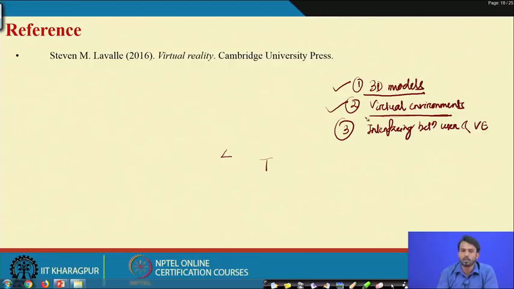That means the different operations you will perform on those 3D models, the static and dynamic components, how the scaling properties of the static and dynamic components are taken care of, and how the movement properties, the translation and the rotation properties of the 3D models are taken care of, we can know with the help of this particular lecture. Thank you.